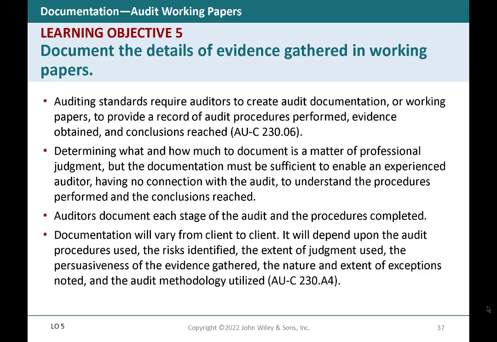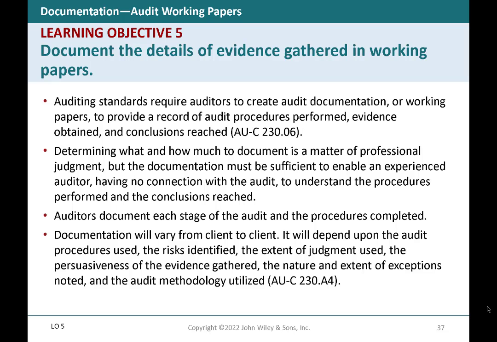We want to be able to prove that we adequately followed the professional standards when conducting the audit. So we want to make sure that we collect enough documented evidence that we actually did our job thoroughly. So even though we have some discretion in what we include in these working papers, we need to keep in